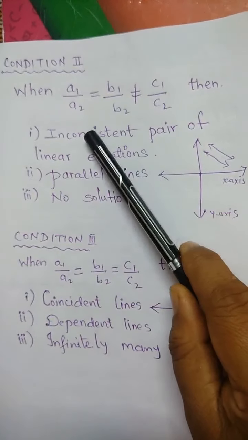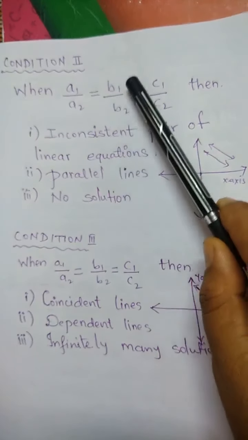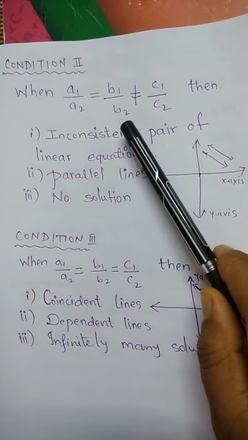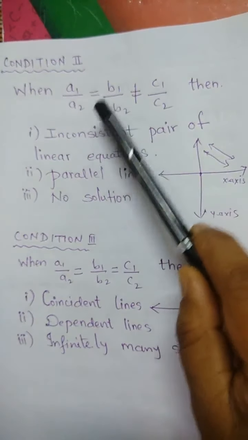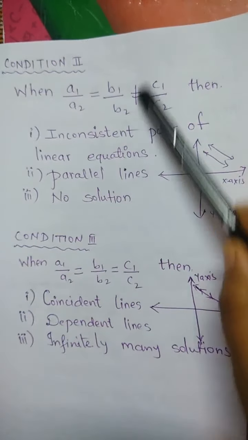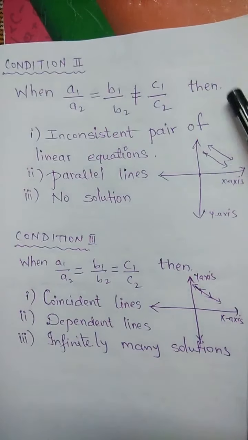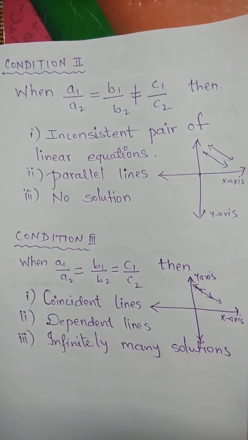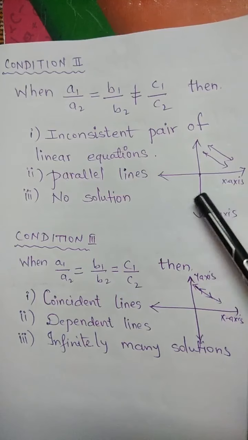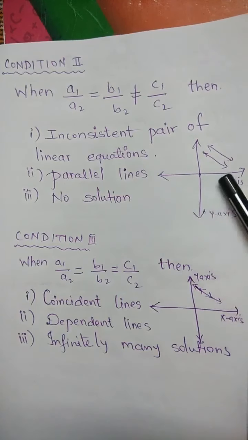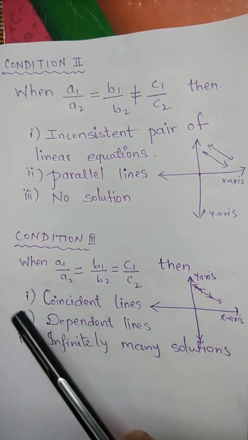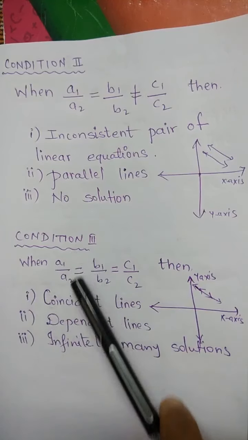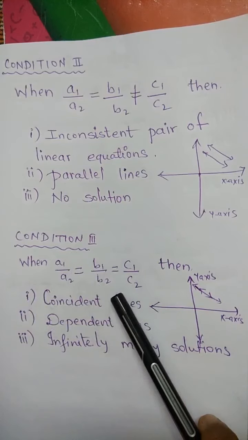When a1 upon a2 is equal to b1 upon b2 and not equal to c1 upon c2, then the pair of linear equations is called inconsistent, and these lines are parallel and they do not have any point common in them. Now condition 3. In condition 3, when a1 upon a2 is equal to b1 upon b2 is equal to